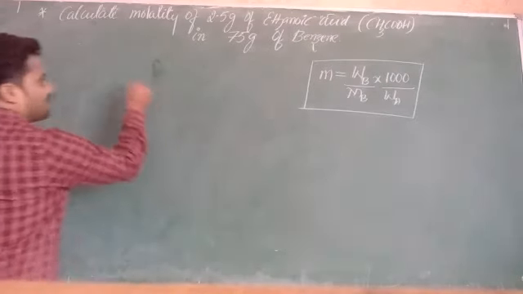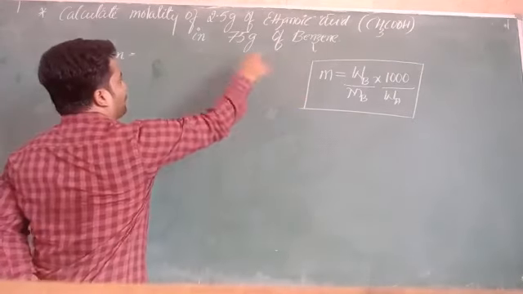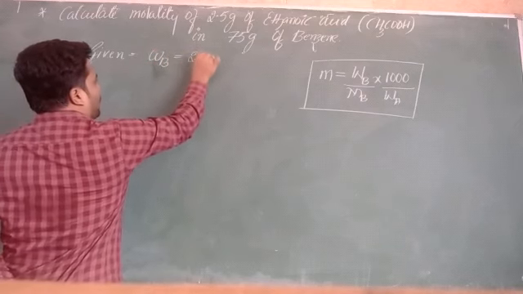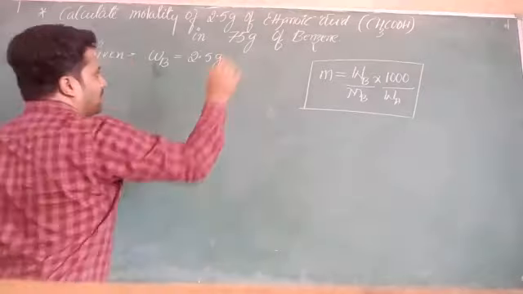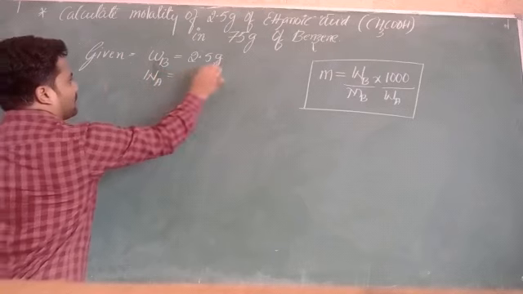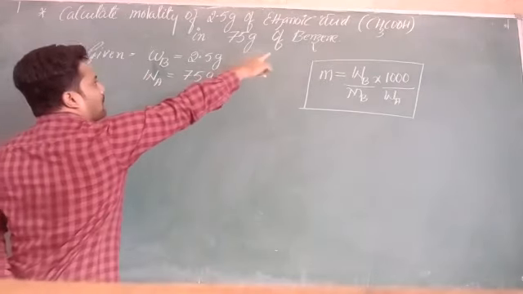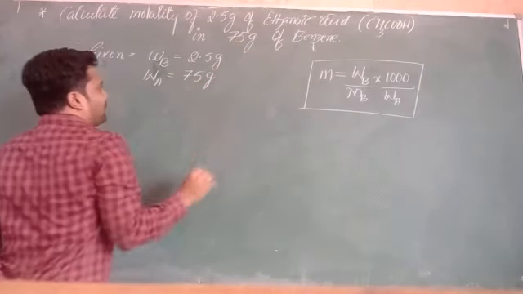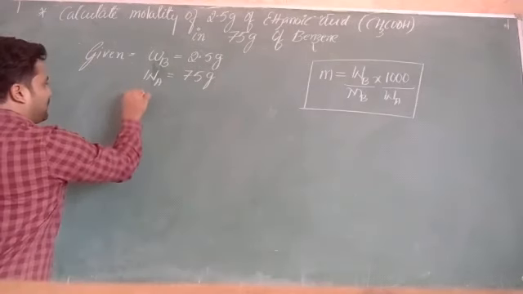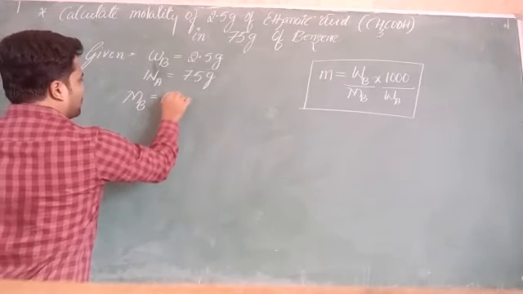Okay, so now let's write the given here. So given, Wb, mass of solute, is equal to 2.5 gram. That is ethanoic acid. So now Wa they have given, that is Wa is equal to 75 gram. Here benzene is the solvent, right? Mass of solvent they have given, that is 75 gram. So now we need to calculate Mb, the molar mass of solute. They have given it is ethanoic acid, that means